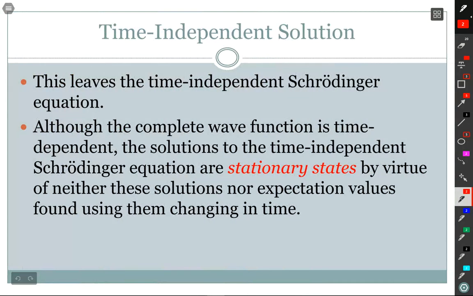This leaves the time-independent Schrödinger equation. And we're going to find what we call stationary states. The stationary states are the states with quantized energy. Stationary: at this energy we have this state, at this energy we have this state, and so on. We're going to find, this is where quantum physics becomes quantum physics. We're going to find as we go through a realistic, not a real, but a realistic problem, that quantization naturally